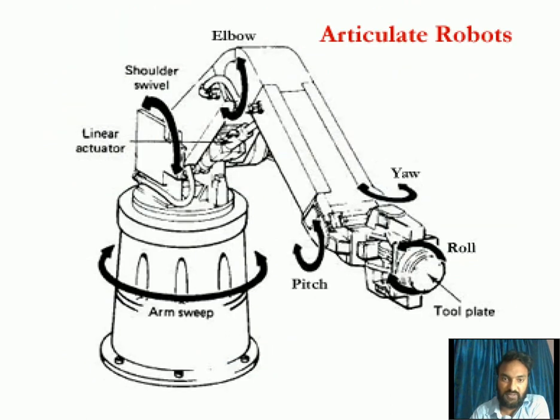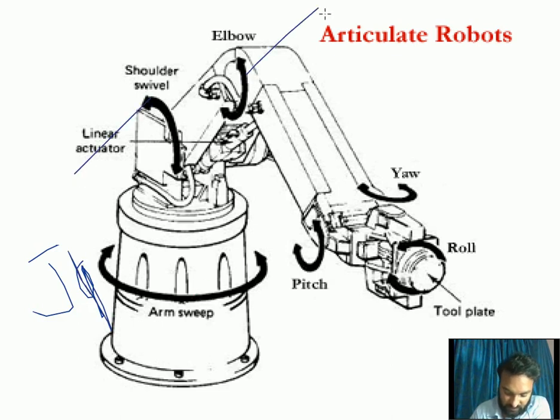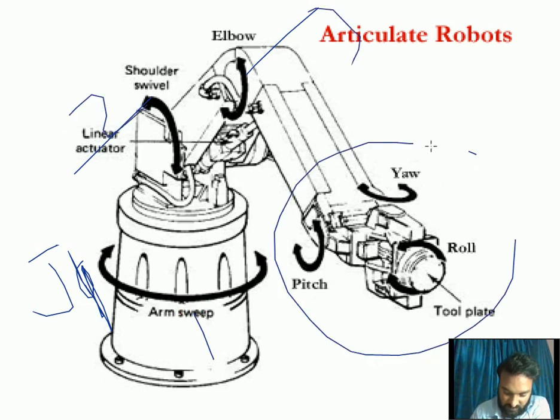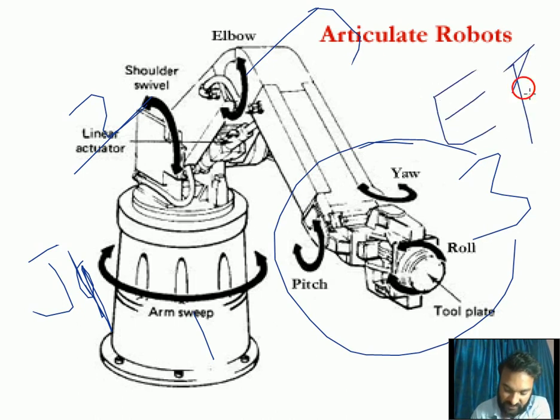Now, this one is a typical example of an articulated robot. Again you can see this sweep is joint 1, and you call it axis 1, axis 2, axis 3: 1, 2, 3. Now here are 3 axes, 3 here and 3 here. So 3 axes are used to manipulate the end effector. We will see it in the incoming slide, the end effector, EF.